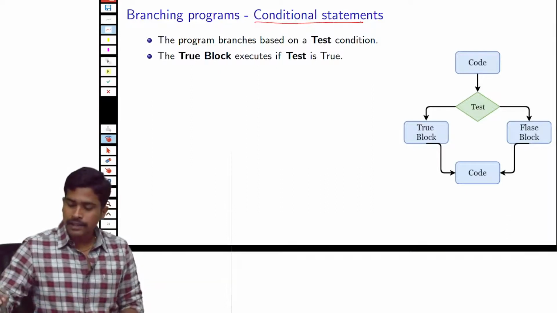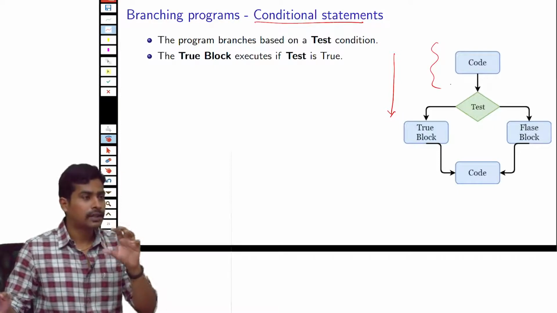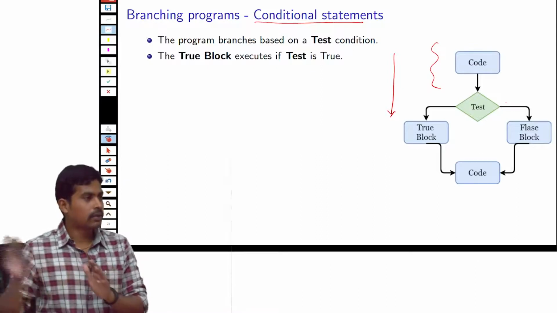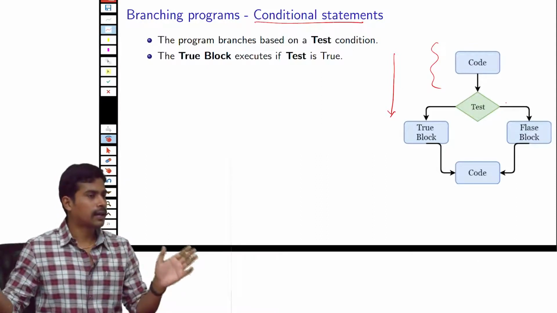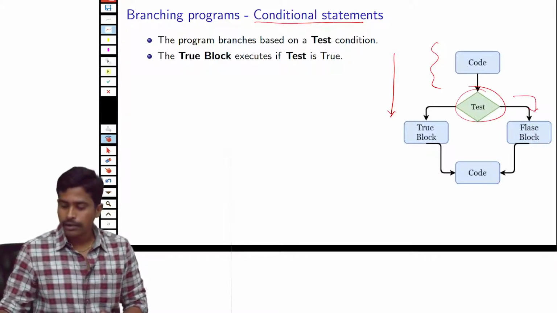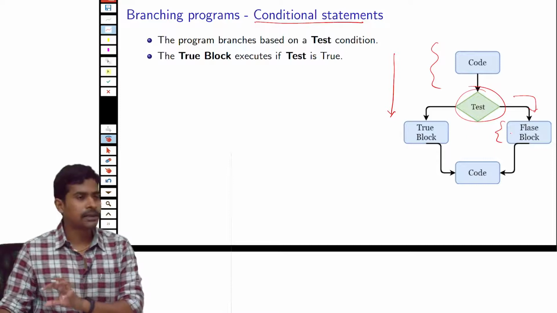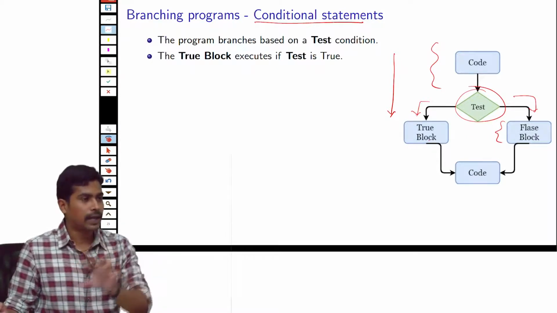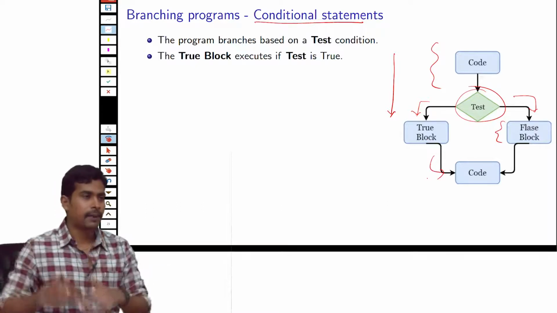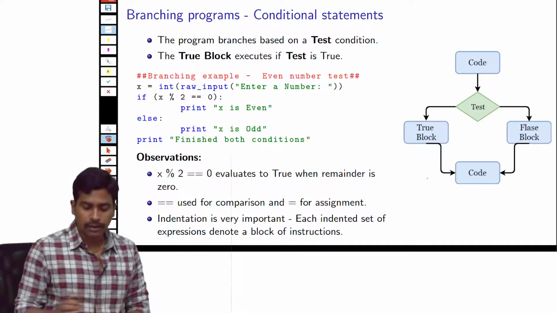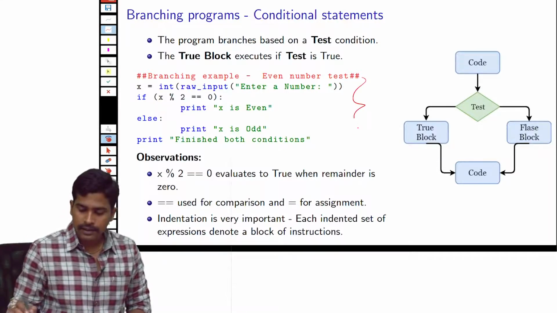Okay. So this is the way these programs execute. You have a bunch of program lines, and after a particular line you arrive at a point where you want to decide whether to run this part of the code or some other part of the code. So you write a test case. If the test is true, you execute this bunch of code, and if the test is false, you run another bunch of lines, and finally you go to the next part of your program. Okay. So in order to understand this, I want you to see this program.